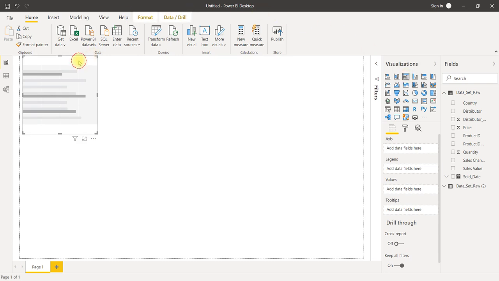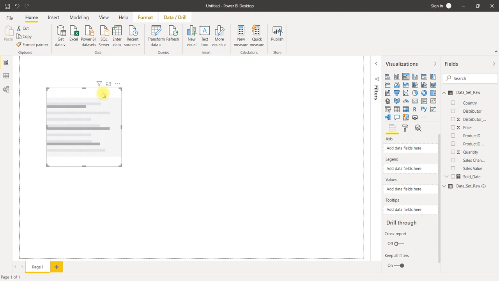You can see the bar chart has been inserted, and right now it is not showing any data because we haven't added anything into the data fields. Here we have a value field, which is what you would like to show, and legends, in the sense of what you would like to distribute by, like country wise, which category you would like to take. Then it comes to the axis. Axis is nothing but what is to be there on the x-axis.